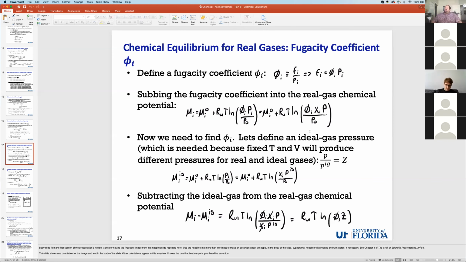So now we need to find that. So let's define an ideal gas pressure, which is needed because if you fix T and V and you compute the pressure, you will get a different number between the real gas and ideal gas equations of state. And using the compressibility factor, we can easily show that P over the ideal gas pressure is equal to